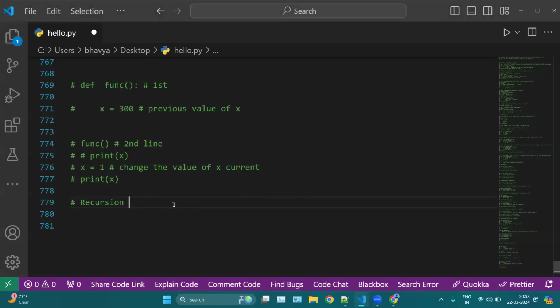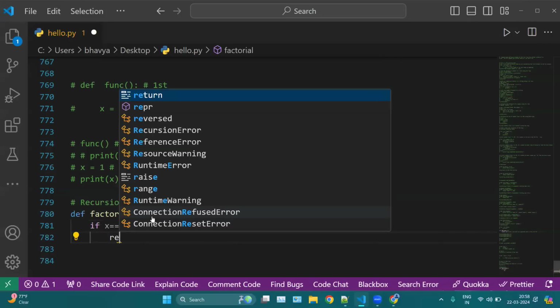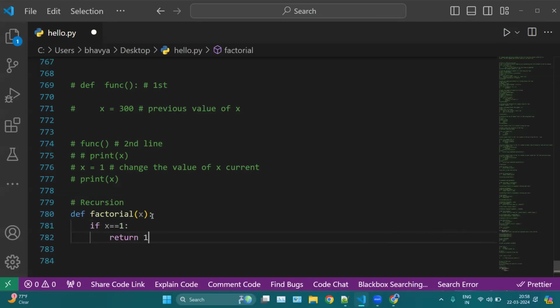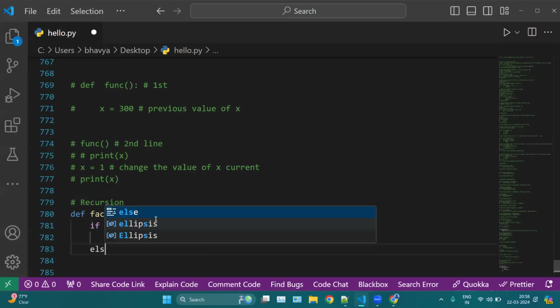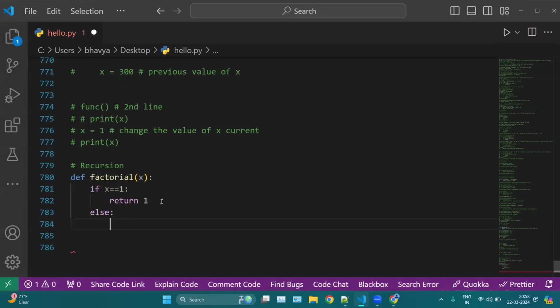Okay, so how can we use it? Let's create a function for calculating the factorial of a number. Here we can use def factorial, and we will take a value x. Then we will use if x equal 1, then simply return 1, because what is the factorial of 1? 1. Then else, if x is not 1, then we can return